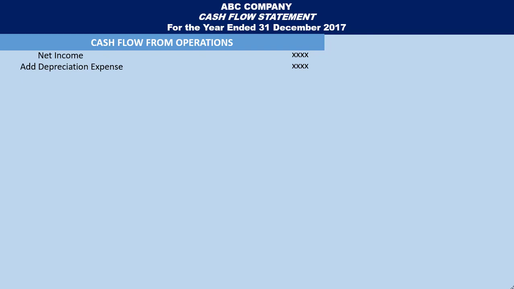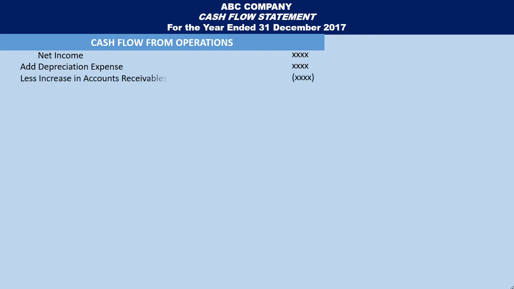As you can see, cash is not involved. Depreciation reduces the net income on the income statement, but it does not reduce the cash account on the balance sheet. Because we begin preparing the statement of cash flow using the net income taken from the income statement, we need to adjust the net income figure so that it is not reduced by the depreciation expense. To do this, we add back the amount of depreciation expense.